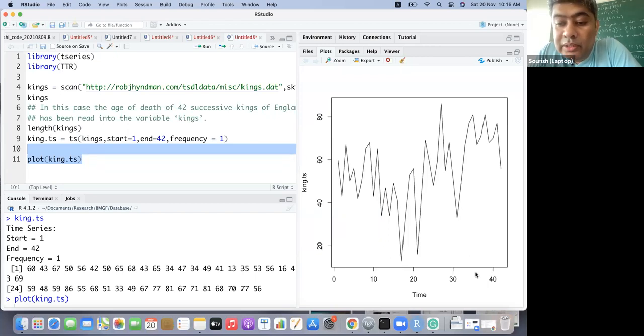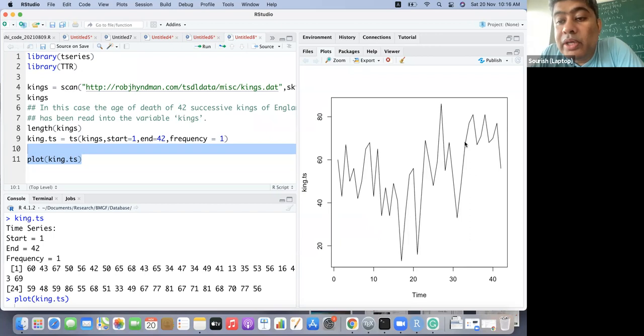There are some kings who died at an age below 20, and most of them died at a decent age of maybe 40 or greater. There were 3 who died below 40, but most of them were above 50 or 60.